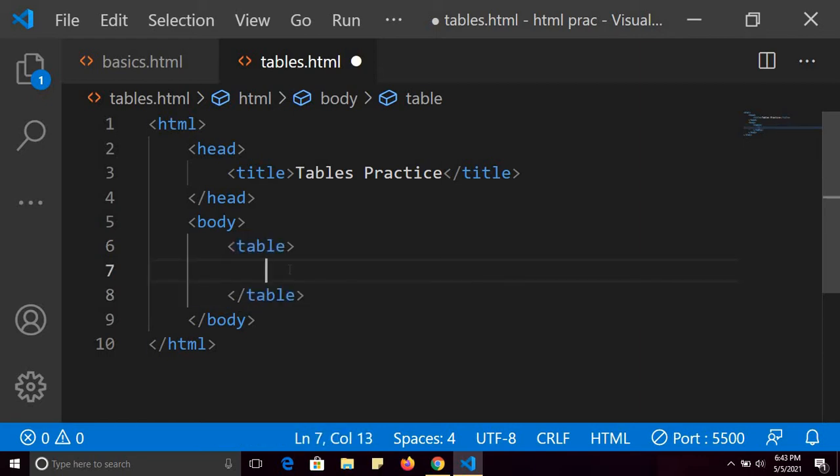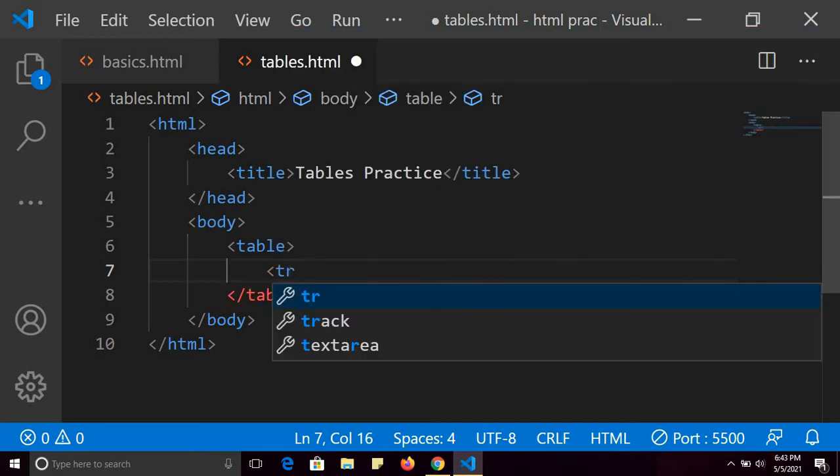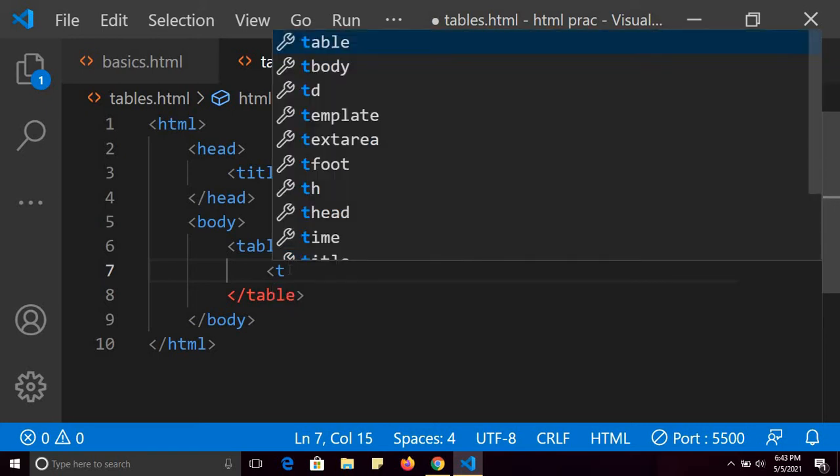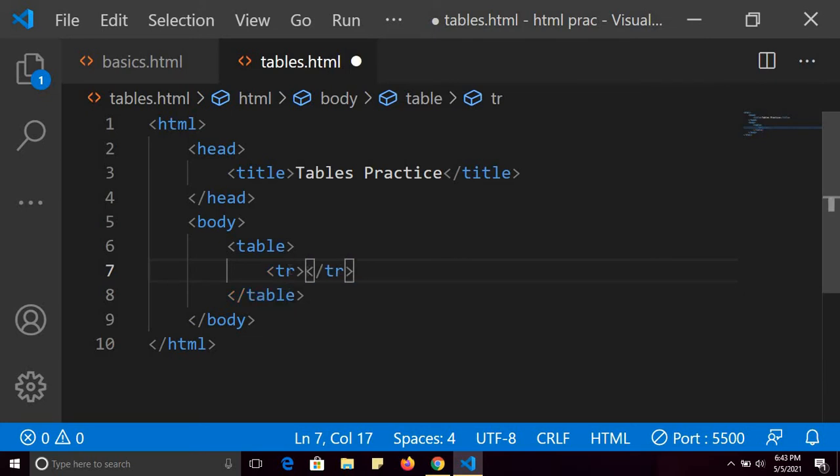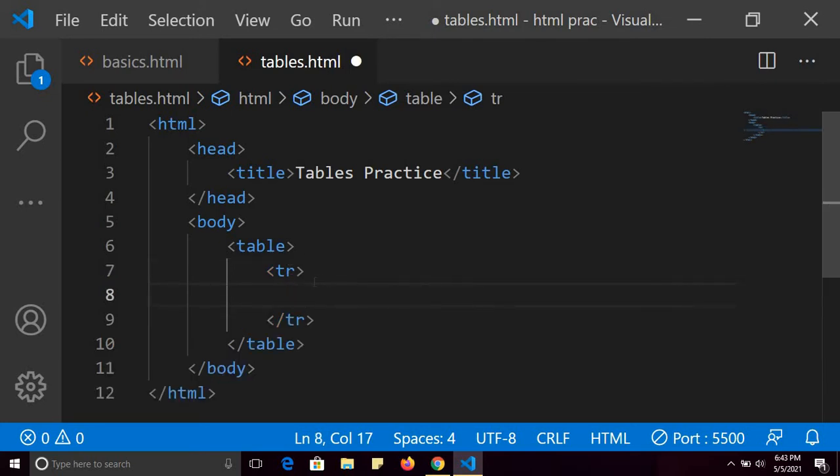So first of all, in the table tag I will use table header. So first of all, let me explain you tr tag. So in the table tag there is one tag, tr tag, and tr tag is table row. So if you want to create a row in a table, you have to use tr tag.